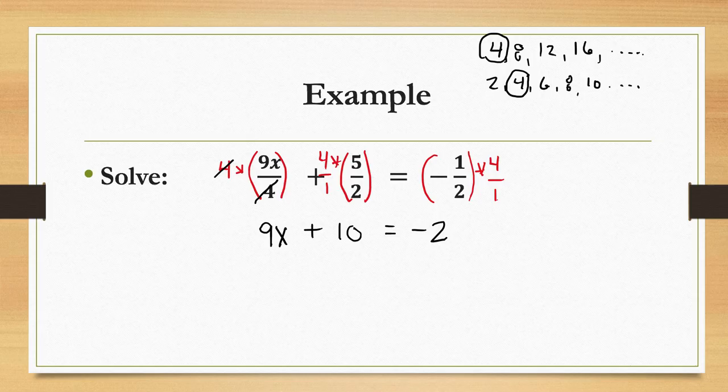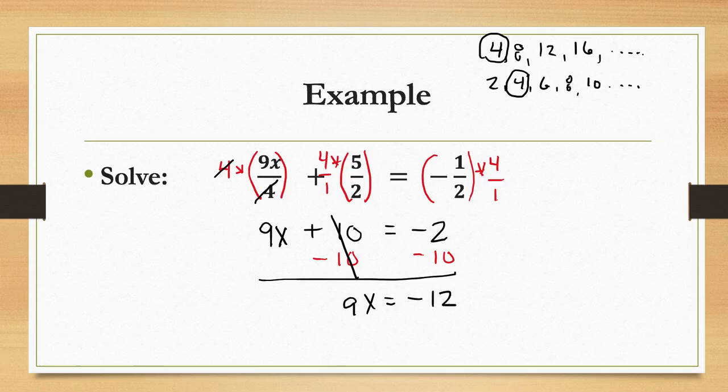So what do we want to do? We want to get the x's by themselves and the numbers on the other side. So this plus 10, let's undo it with a minus 10. So that's going to give me 9x is equal to negative 12. To solve for x, we have 9 multiplied by the x, so we're going to undo it with division. So we'll divide both sides by 9,